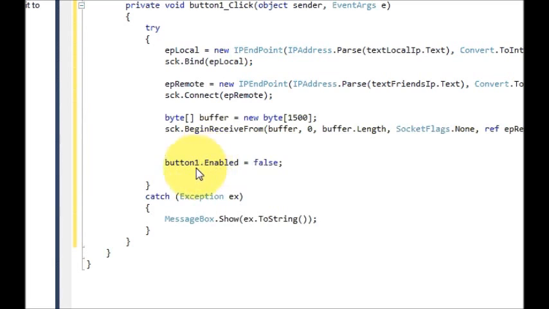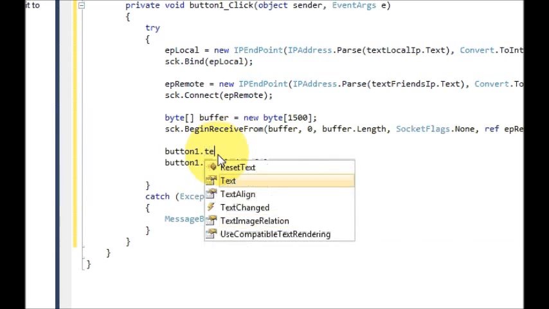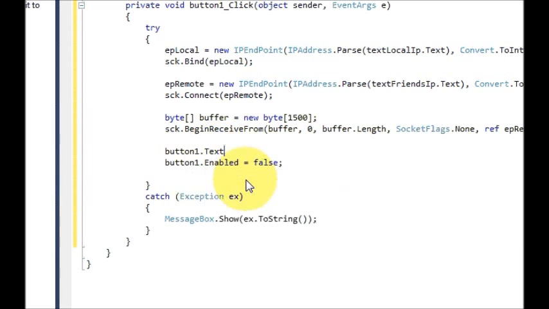And we want to set the text of this button as connected also. So just copy this button name once again, dot Text is equal to connected. So what this will do is it will show the message that our port